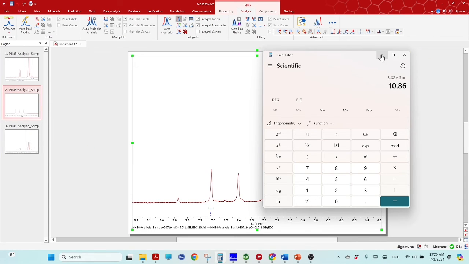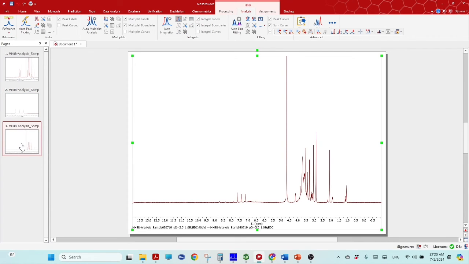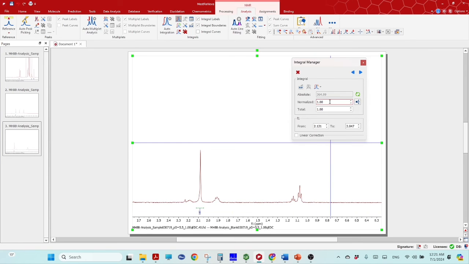So now let's see another same reaction, another time point. It is like maybe after 10 minutes, and if we zoom and do that area integration for the internal standard, so internal standard is 1, so edit it to 25, enter, and then do the integration for those